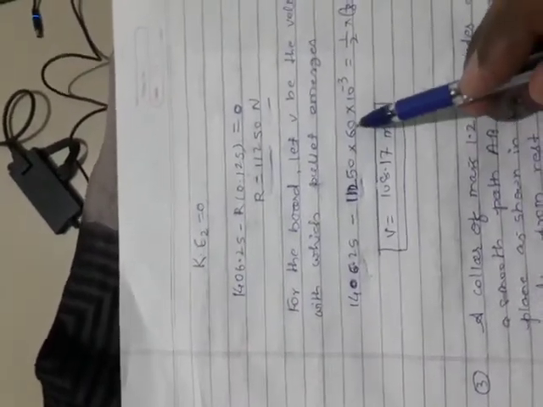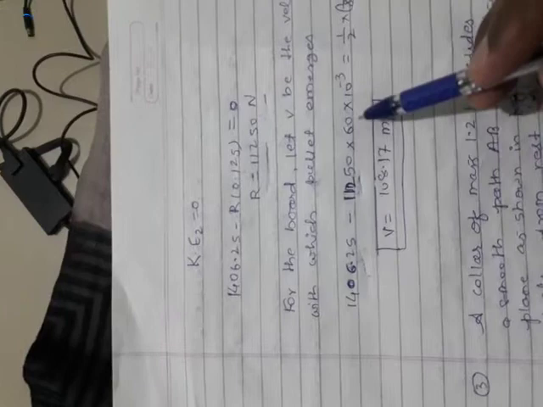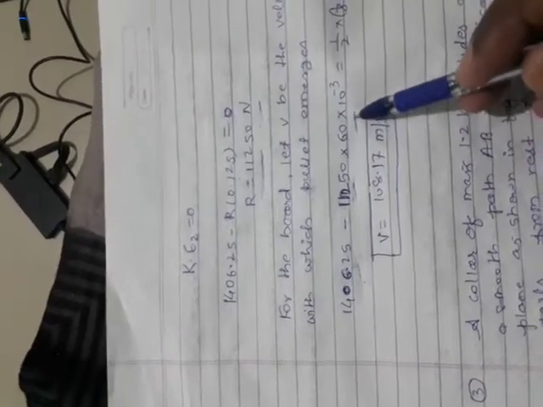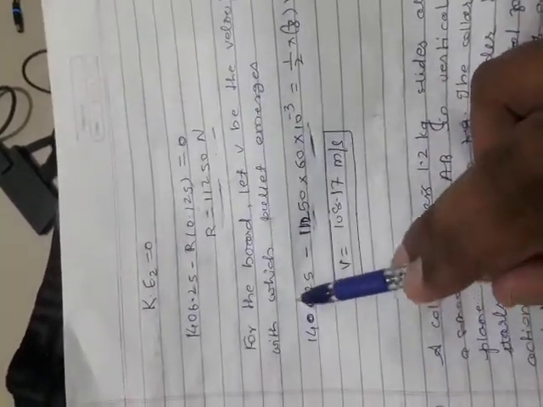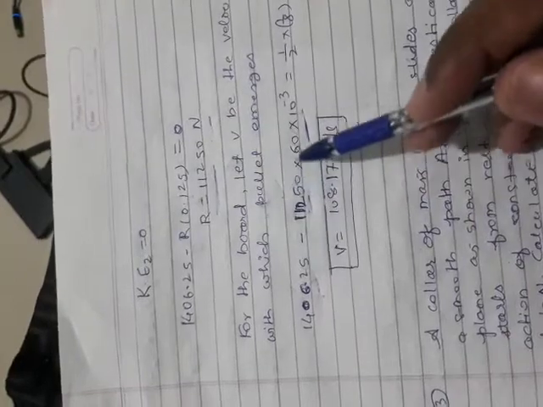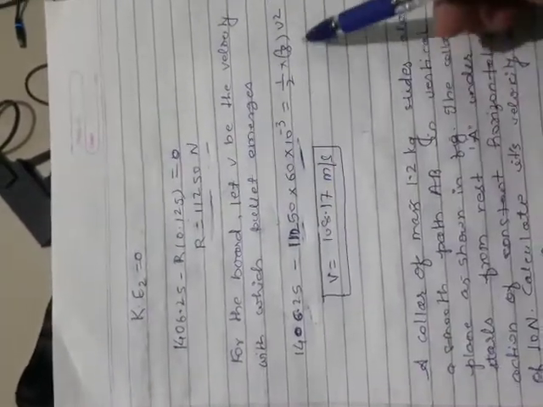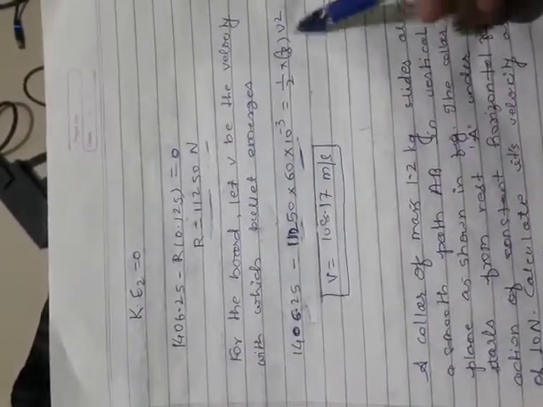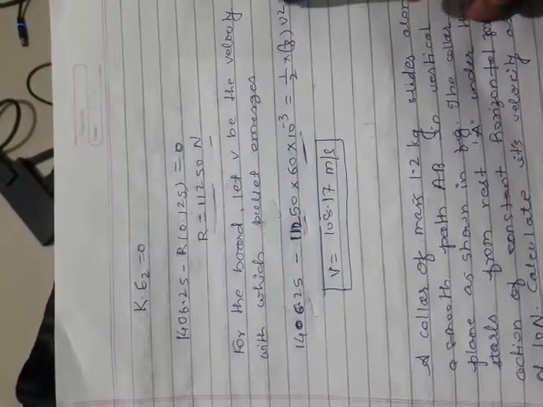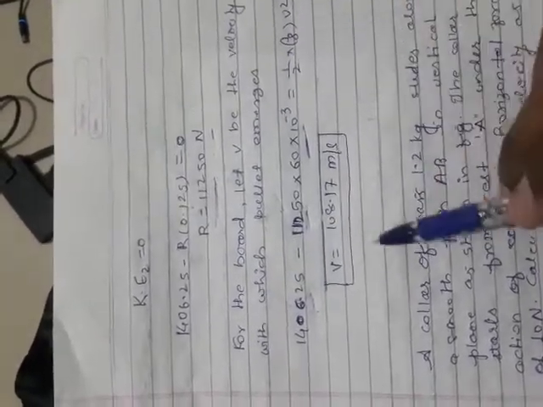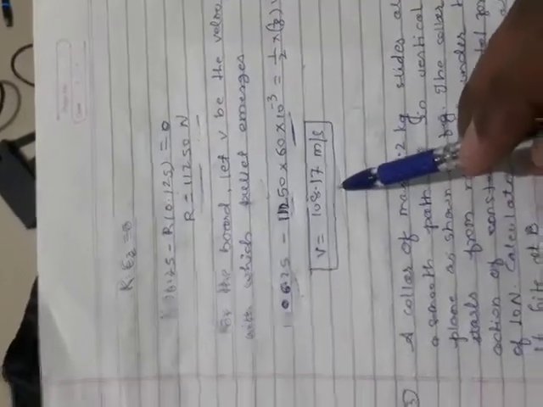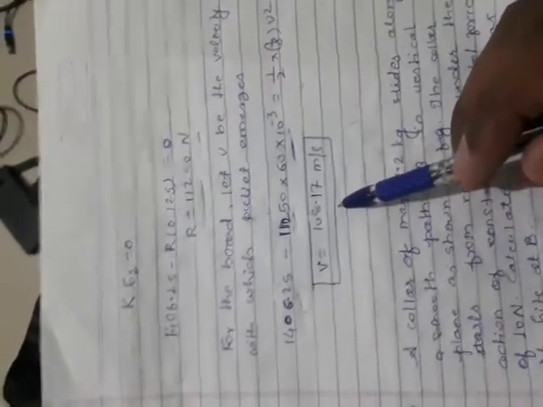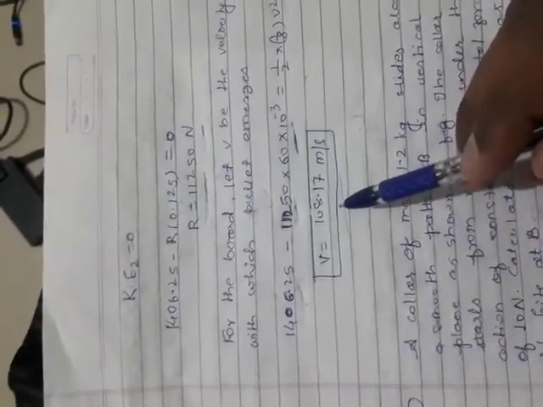And now it is for the 60 mm block, so displacement of the bullet through the 60 mm board will take place here. So this 60 mm is nothing but the displacement. So kinetic energy 1 plus work done by bullet for a 60 mm board equals kinetic energy 2. So for kinetic energy 2, I have to calculate the velocity v here. After putting all the values, I will get the velocity as 108.17 meter per second for the bullet after it emerges out of the 60 mm board.